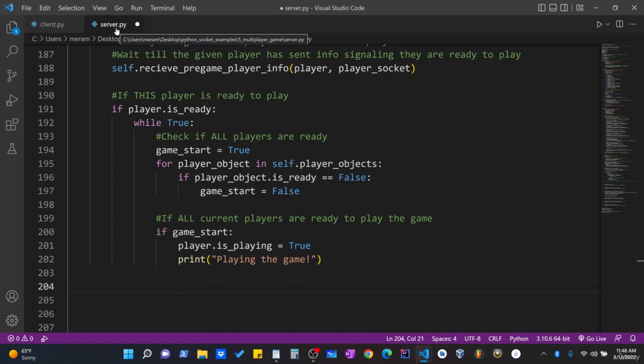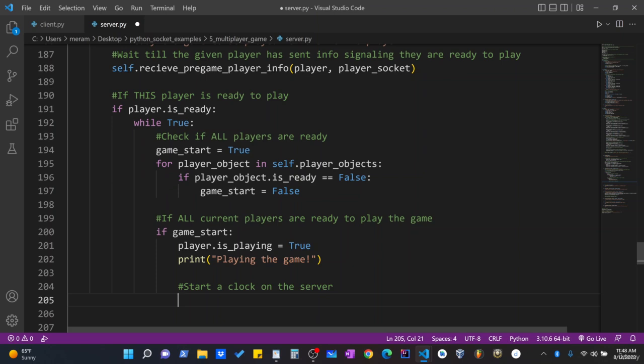And that would be really bad, like if one game finished but another game was still going on. So we'll start a clock on the server for the game. To do this, we're going to create a new attribute. We're going to call it start time, so self.startTime. The time where we started playing the game,